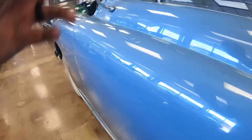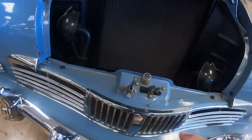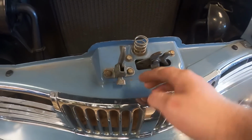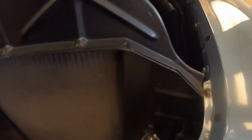Okay, to open the hood, it works out better to be a two-person job. You pull this, and then it pops it. And you come around here, and when you pick it up, push down on this, and that releases the hood. Underneath the hood,